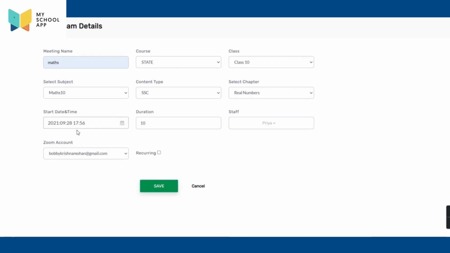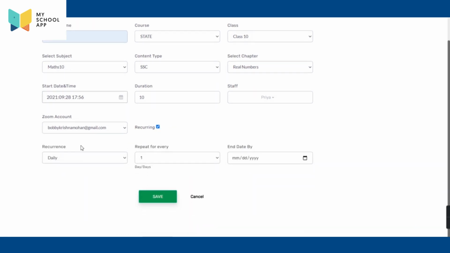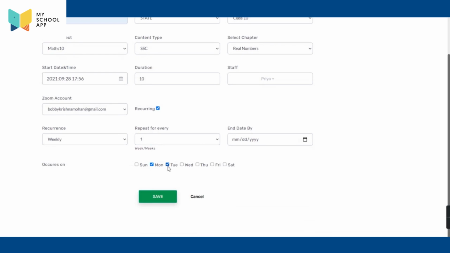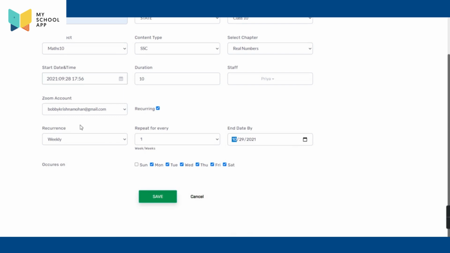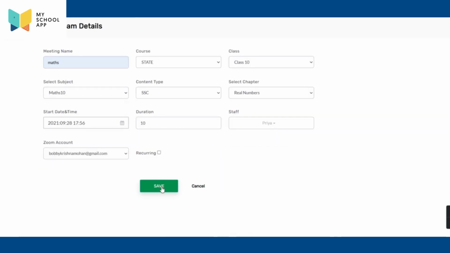If the same faculty is having a recurring class every day at the same time, you can put it as recurring, select weekly. You can select Monday, Tuesday. Every day the class will be created. For all 6 days, the class will be created until what time you want. Next month ending also, you can have a class like this. Every day at 5:56 p.m. the class will be assigned to this faculty. I'm just removing it. Okay, after selecting this, just click save.